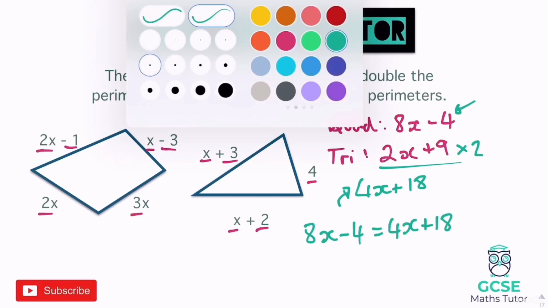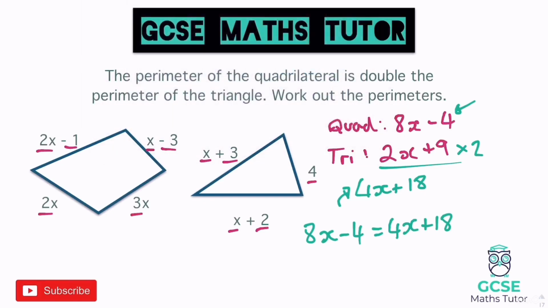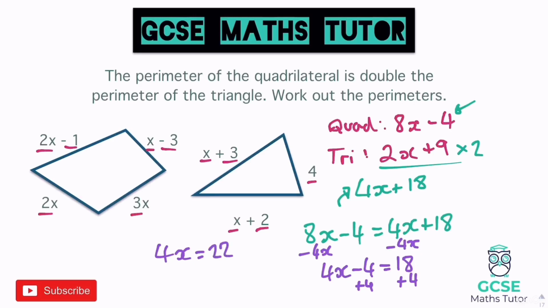We can now just solve that like an equation, so we can get rid of the smaller x from both sides, so minus the 4x. So over here we have 4x, so we have 4x minus 4 equals 18. We can now add 4 to both sides, so get rid of this minus 4, so plus 4. And we get 4x equals 22. And then we've got to finish that off to find out the value of 1x, so dividing by 4,